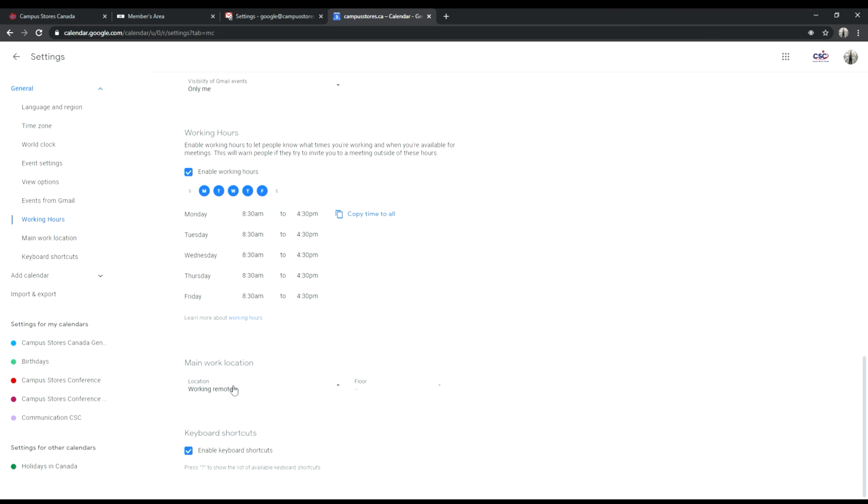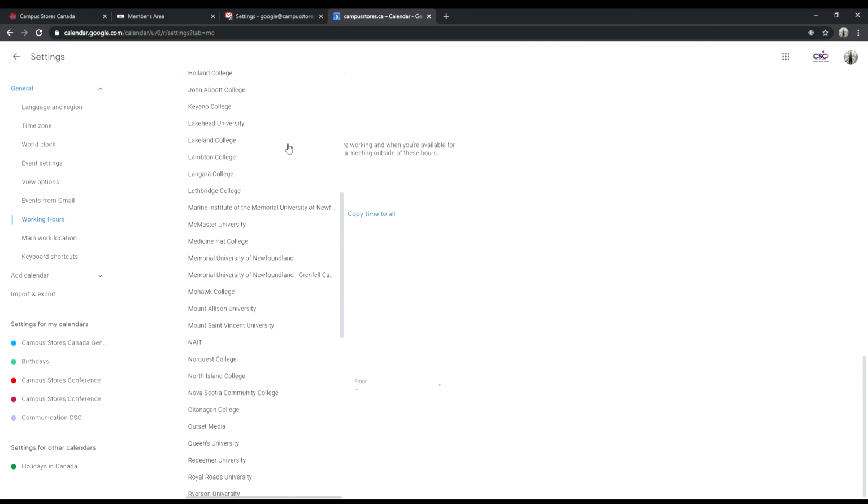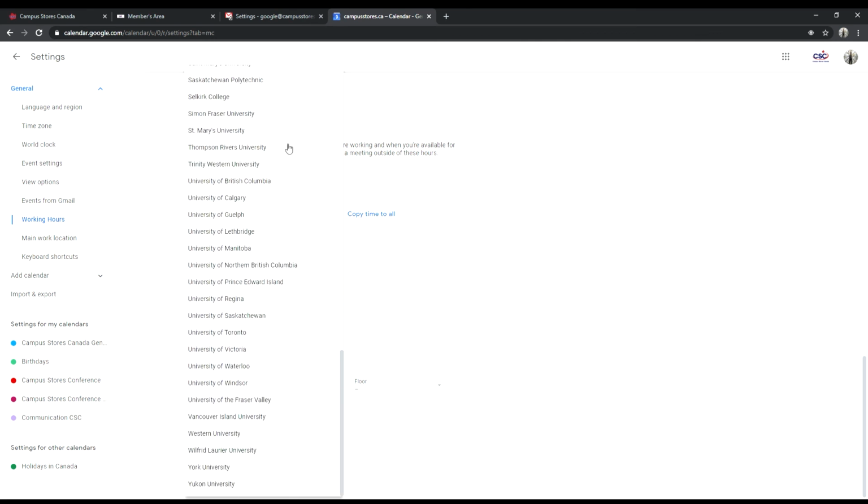The other one that we should look at while we're on here is your main work location. We've set up Google and Google Workspace so that everybody is working in the same workspace. Now, some of us are clearly not working in the same physical locations. So we can always set this list so that it's going to tell us where the other person is. So if you have somebody else who's at the college or university with you, you can always find a way